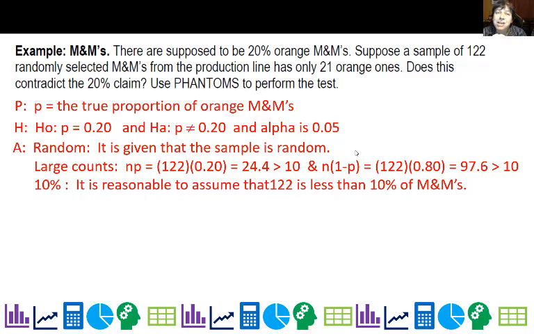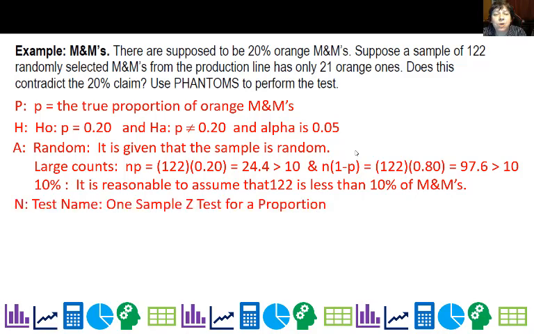10% condition. It's pretty reasonable to assume that they're producing more than 1,220 M&Ms. So it is reasonable to assume that 122 is less than 10% of the total population. Now we hit N on PHANTOMS, which is name the test. We're going to do a one sample z-test for proportion, and then T, which is the test statistic. So I'm going to go ahead and calculate p-hat from my sample, which is 21 over 122,